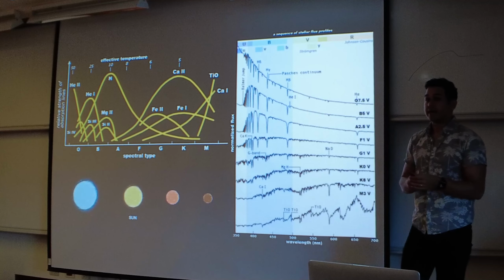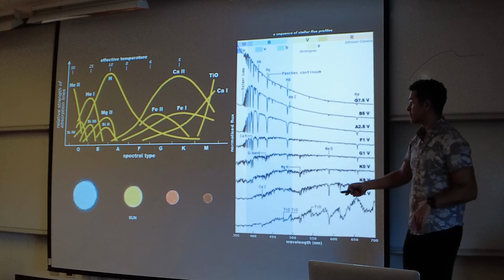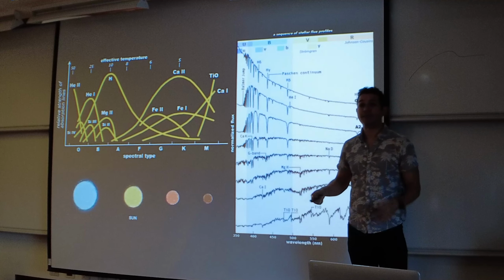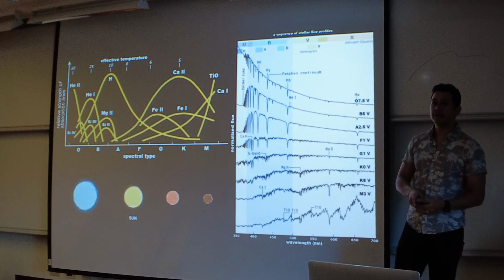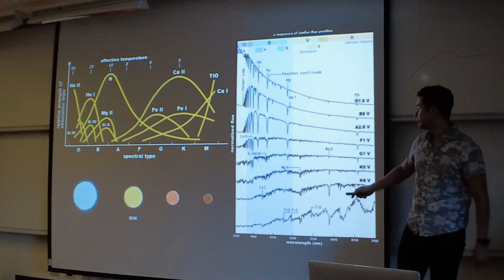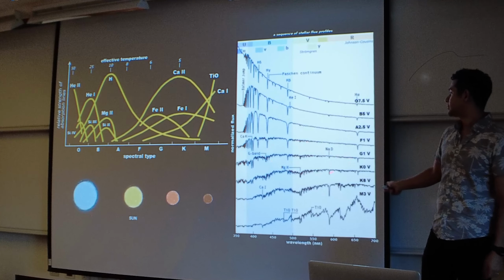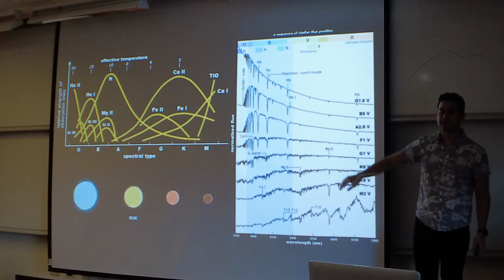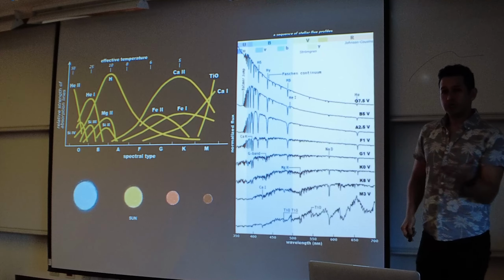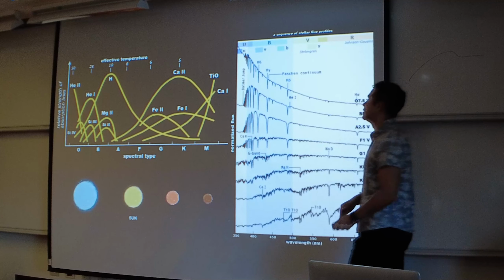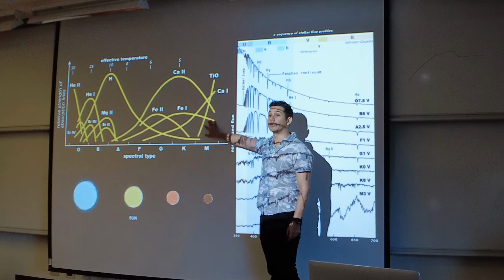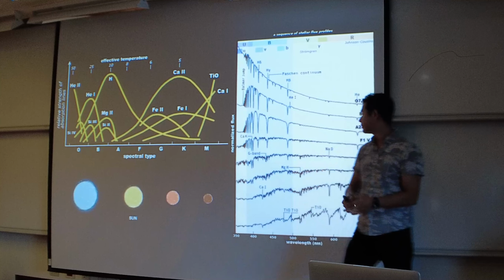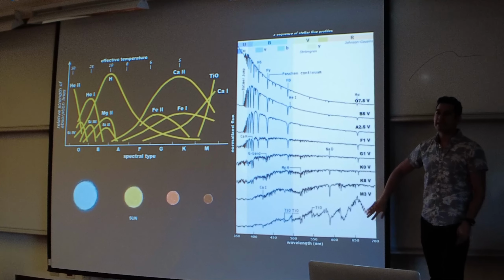If the stars are a bit less massive than that, for example solar type, which is a G2 type star, we should see some of the metallic lines, like calcium and iron, and other metal lines. For solar type stars we see many more metallic lines, so it's this kind of forest that appears here. And if we have even cooler sources like M dwarfs, we should see titanium oxide and other molecules. It's much cooler, therefore the atmosphere can hold some of the molecules. And we can see that for the M-type stars, these are much cooler, about